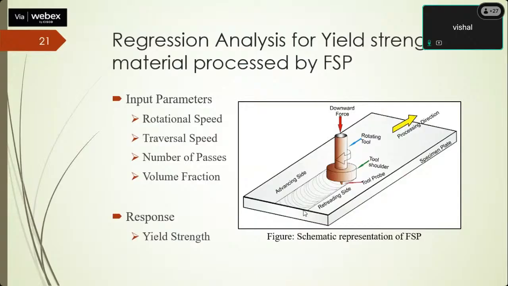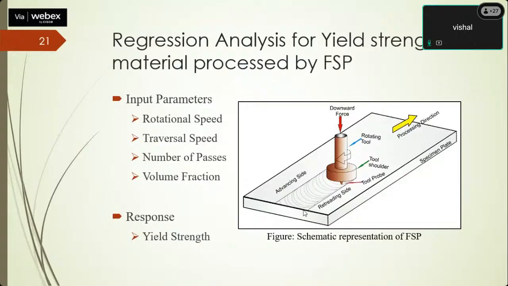it moves material from forward to backward direction. By doing this, the base structure has been changed and the new structure, which is modified through FSP, has improved characteristics. So in all this way,